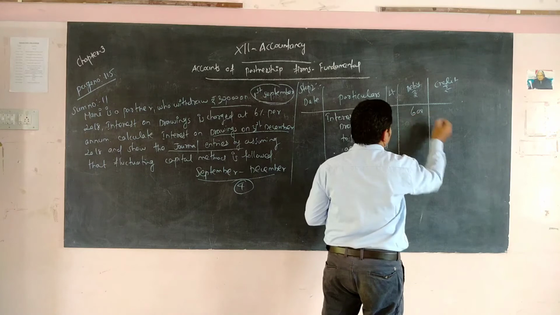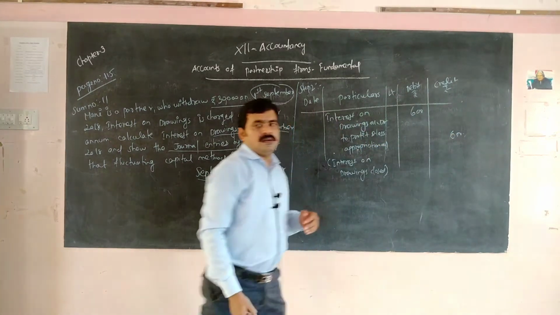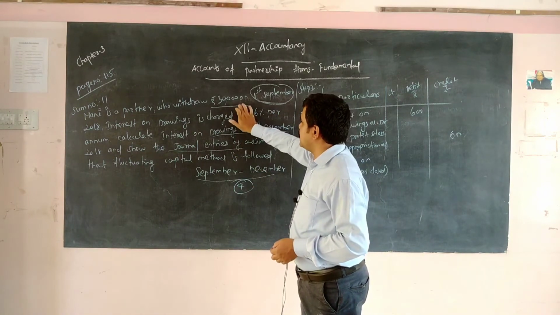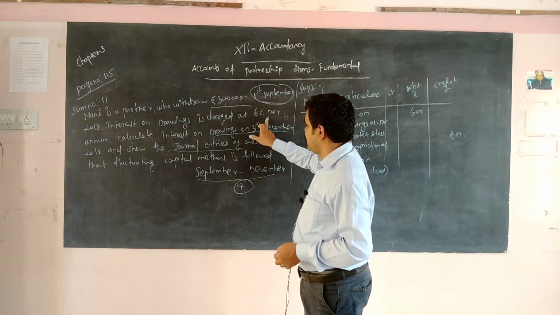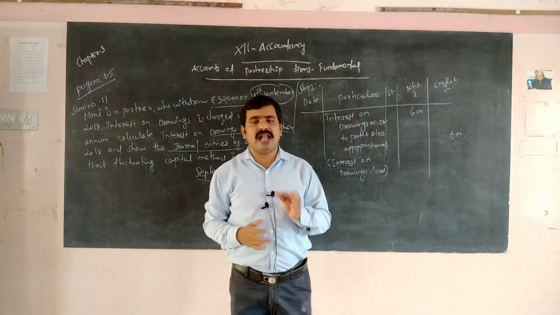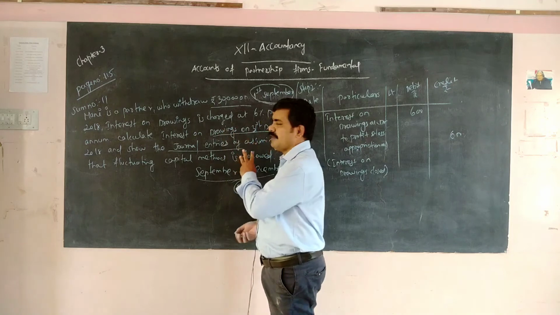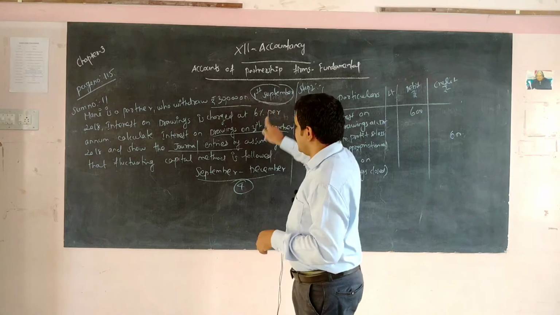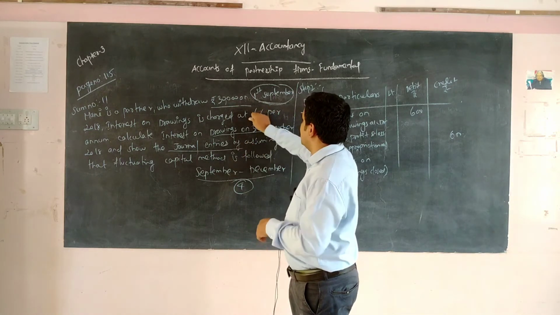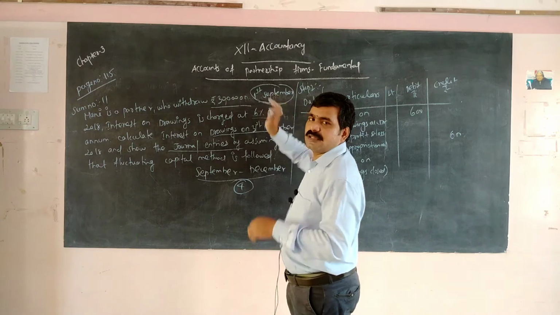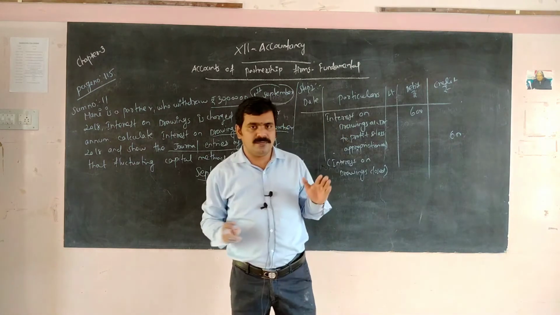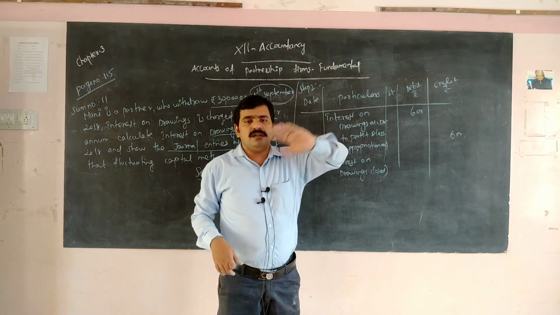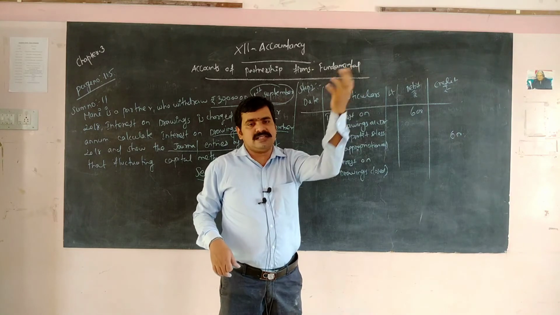What's the value? 600. So in this problem, we have to take the 30,000 drawing in September, and then the rate of interest. This is the way of calculating this problem. You have to consider these three concepts. The amount of drawing is 30,000, the rate of interest is 500, and the period is September to December, that is 4 months, so 4 by 12. So 30,000 at interest 500 into 4 by 12, you get the value, that is 600.